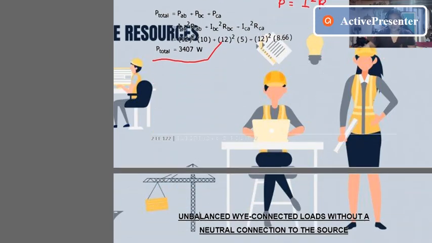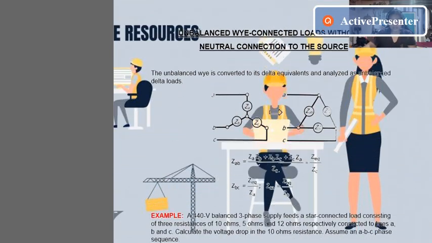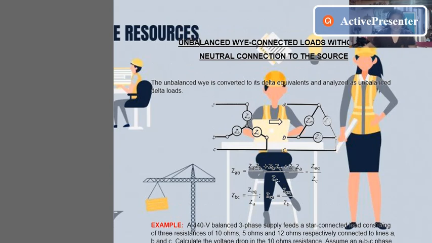So let's proceed to another topic. We also have unbalanced Y-connected loads without a neutral connection to the source. So the unbalanced Y is converted to its delta equivalent and analyzed as unbalanced delta loads. So we can see that we are given an unbalanced Y. We know that the figure for the Y connection is just like an inverted Y. And for our delta,